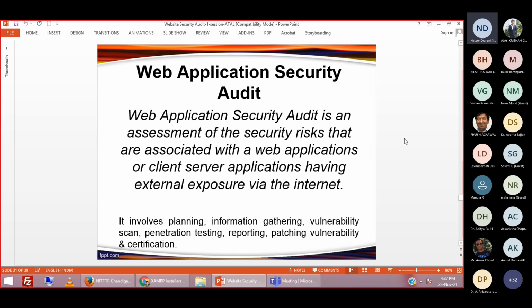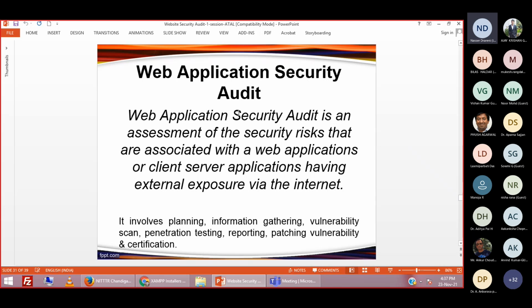Or you can also conduct the audit for your mobile application. Whatever application has internet exposure or a client-server architecture, you can conduct a security audit. Like in a financial audit, the auditors try to identify fraud or scam, similarly, in a security audit, the auditor will identify the bugs or vulnerabilities in your system which may lead to hacking of your server, right?